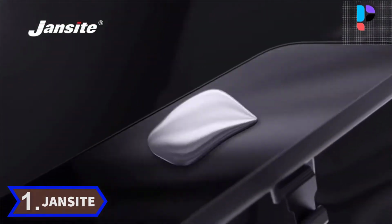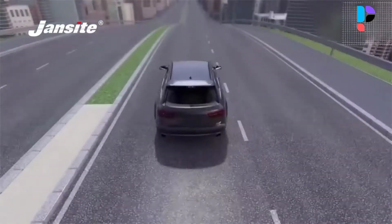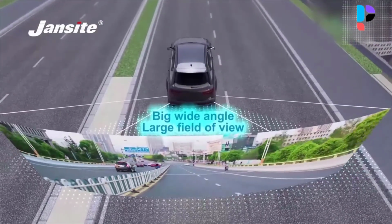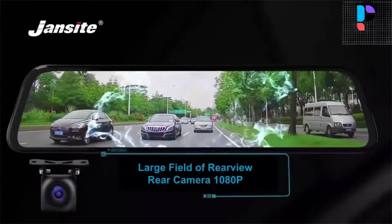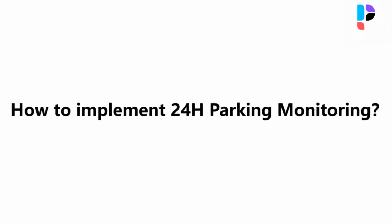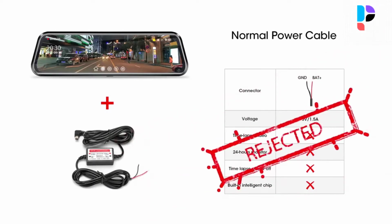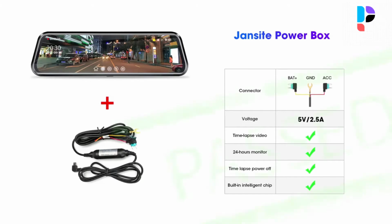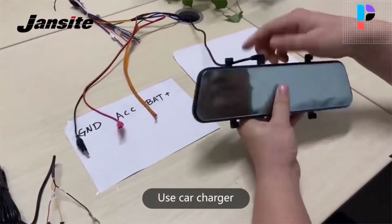Number 1. Brand name, Janzite. 10-inch large screen touch panel, so you can perform various operations with a simple touch: video recording or playback, exposure adjustment, screen brightness adjustment, G-sensor, date or time, etc. You can switch the front and rear camera images by sliding left and right, and adjust the viewing angle by sliding up and down. The camera chip has a built-in night vision processing function, which allows you to record video